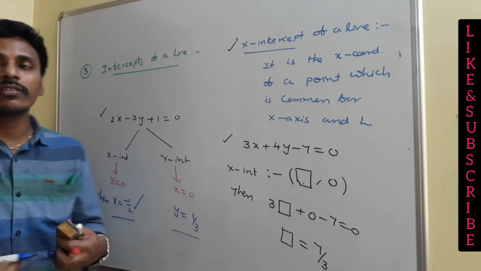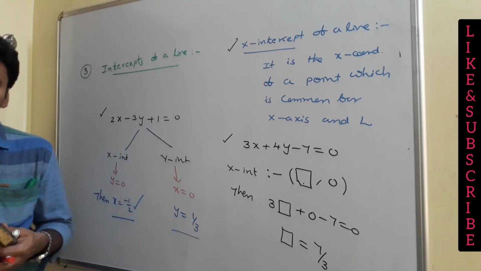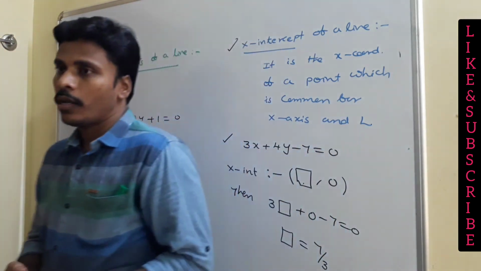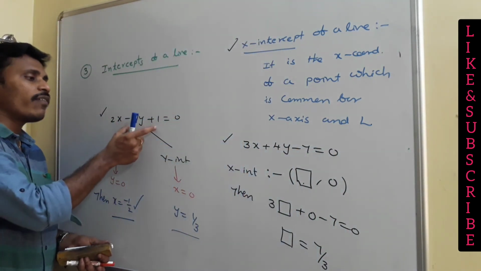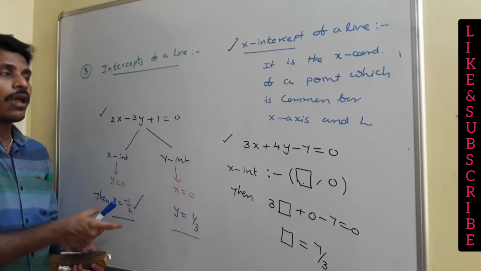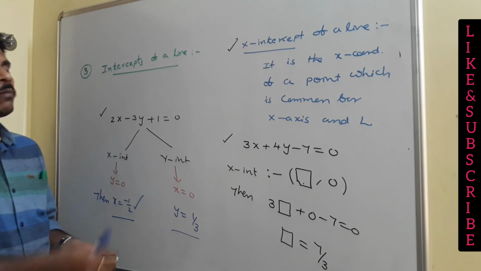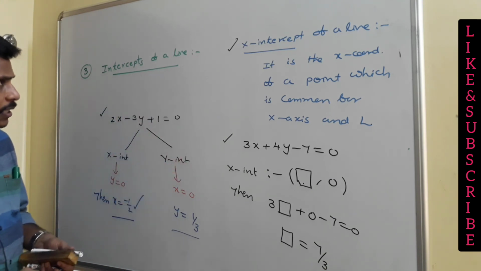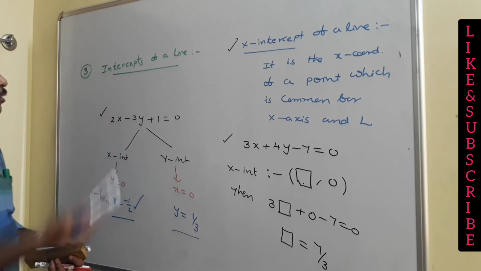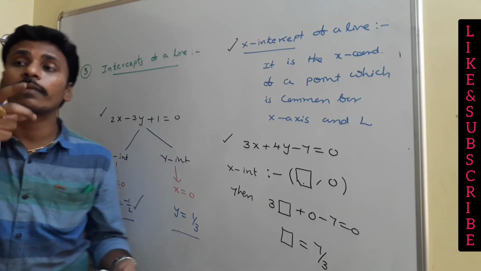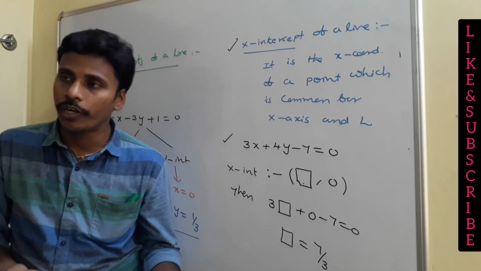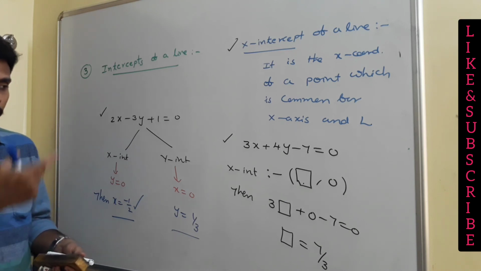So this is about the x-intercept and y-intercept. After this, if we have the intercepts in our hands, how do we find the equation? What I told you on the board: if you have an equation in general form, how to find the x-intercept and y-intercept, and what is meant by them. That's completed. And the next point, the fourth point, I will give you the intercept forms. In the sense, if the intercepts are given to us, how do we find the equation? That's what we need to discuss in the next point. Just have a look at this.